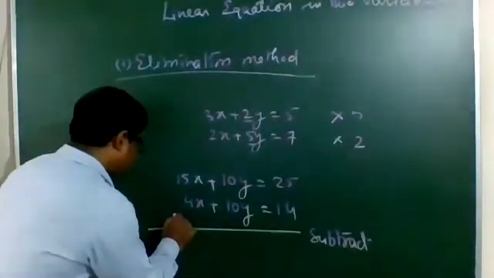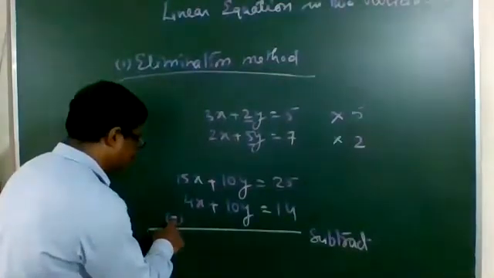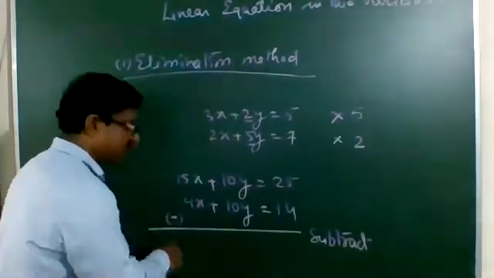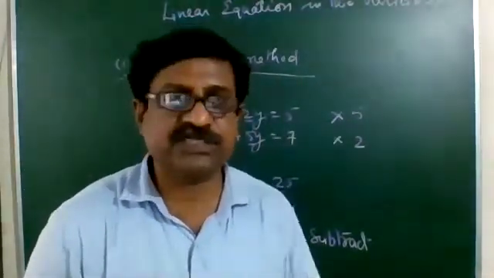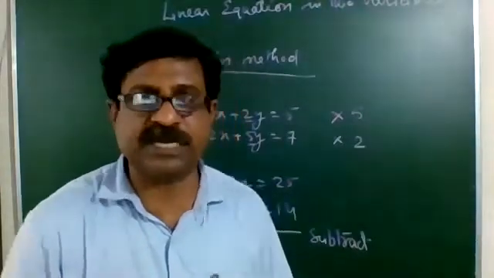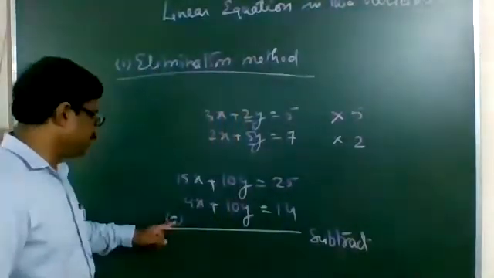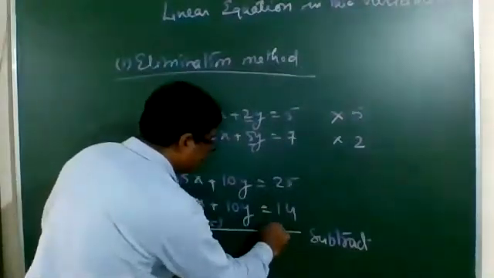Right, we are subtracting, so the sign will be changed. This will change into minus. Earlier it was plus, the new sign you will get is minus. Whenever we subtract, we have to change the sign. If it is plus, then you have to take minus, and if it is minus, then you have to take plus. Just the opposite sign. Plus has changed into minus, plus has changed into minus, plus has changed into minus.